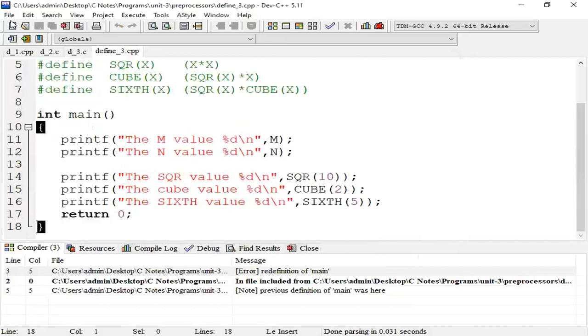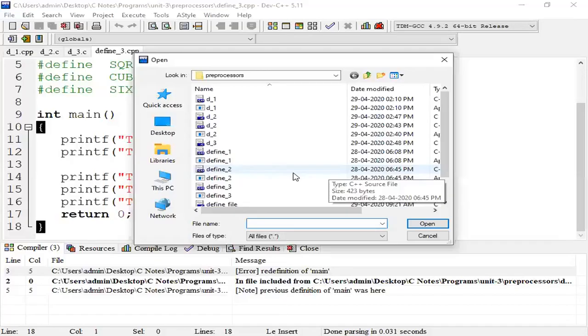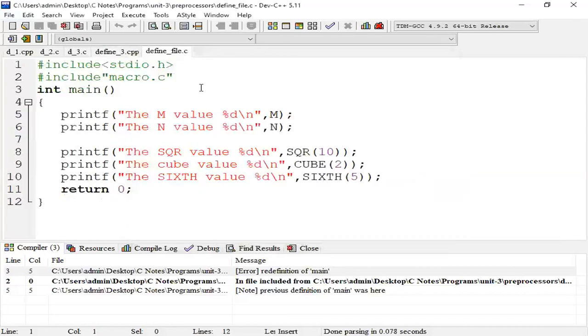Just a minute. No problem. Here we can see macro.c we can define.